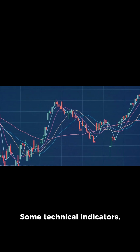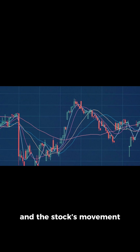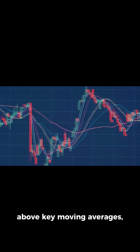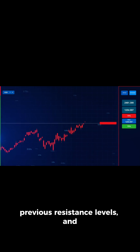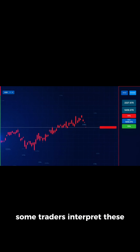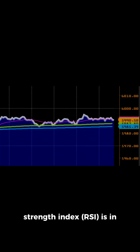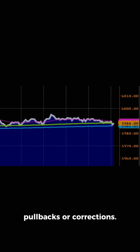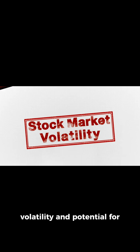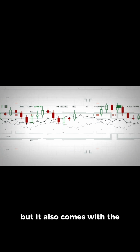Some technical indicators, such as the moving average convergence-divergence, or MACD, and the stock's movement above key moving averages, suggest bullish momentum. The price has broken through previous resistance levels, and some traders interpret these signals as the start of a new uptrend. However, the relative strength index, or RSI, is in overbought territory, which historically precedes pullbacks or corrections. For momentum traders, this volatility and potential for quick gains may be attractive, but it also comes with the risk